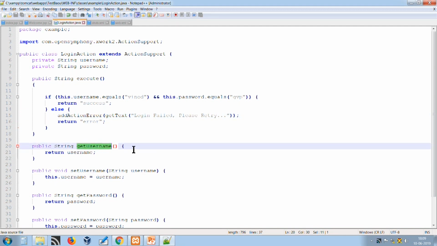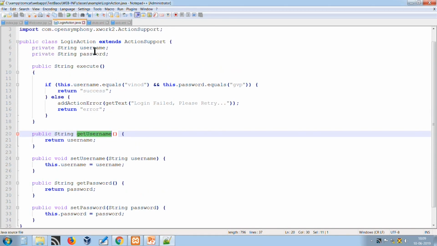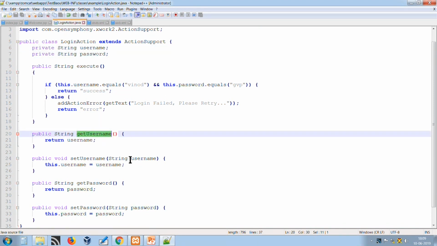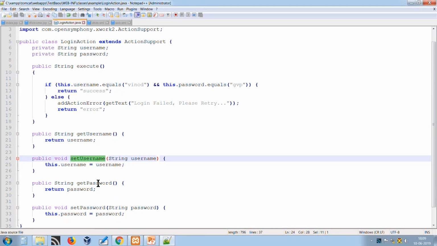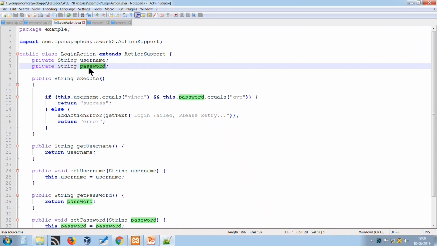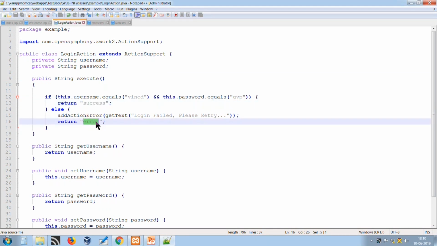And these are the getter and setter methods. We already discussed and you already know JavaBean. In a JavaBean there are getter and setter methods for each and every member of a bean. So, here we have a username and password, and for username we have a getter method and setter method, and in the same way for password a get method and set method. So, this is simply our action class having getters and setters for the members of its class, as well as an overridden execute method, which sends the response back to the client in terms of success or failure. So, once it executes, what will happen now?